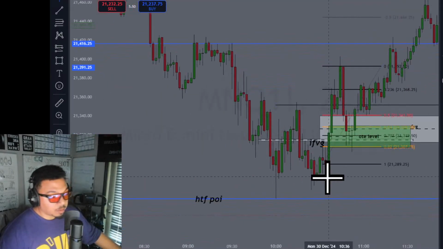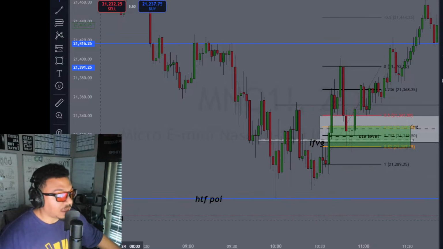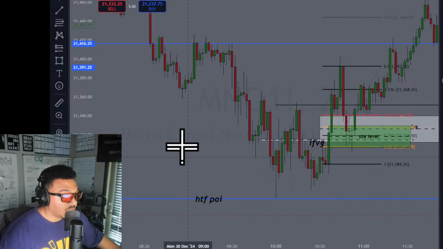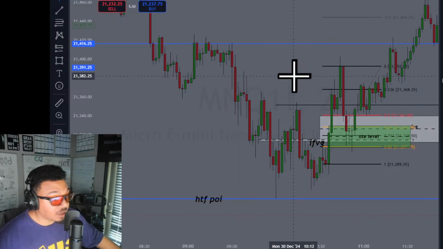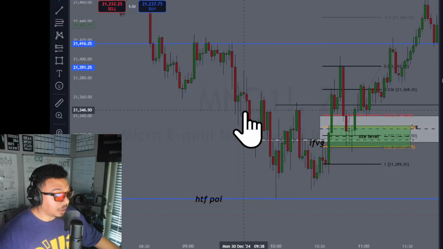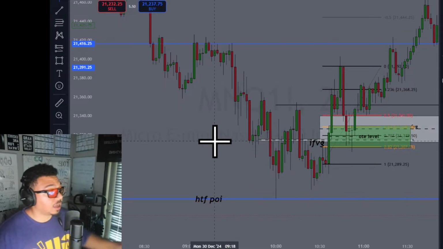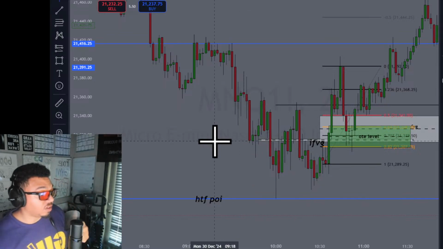But again, the motivation to get in these trades has to be that higher time frame point of interest. So these are just lines I put on the daily chart: open, high, low, and close. Please go learn that. I'm going to keep saying the same thing every day until you realize you need that higher time frame point of interest to scalp.